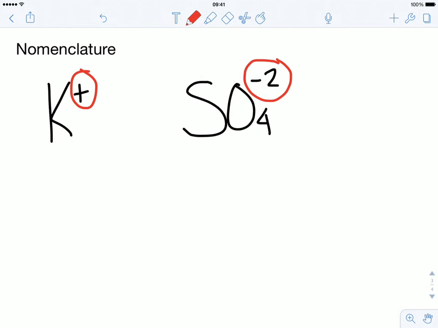So what can I do to the potassium so that there'll be a total charge of +2 that will cancel out with the -2 of sulfate? Well, if each potassium is worth +1, I can have 2 of them, which will be worth +2, which will cancel out with the -2 of sulfate to give me a compound with no overall charge. So it would be